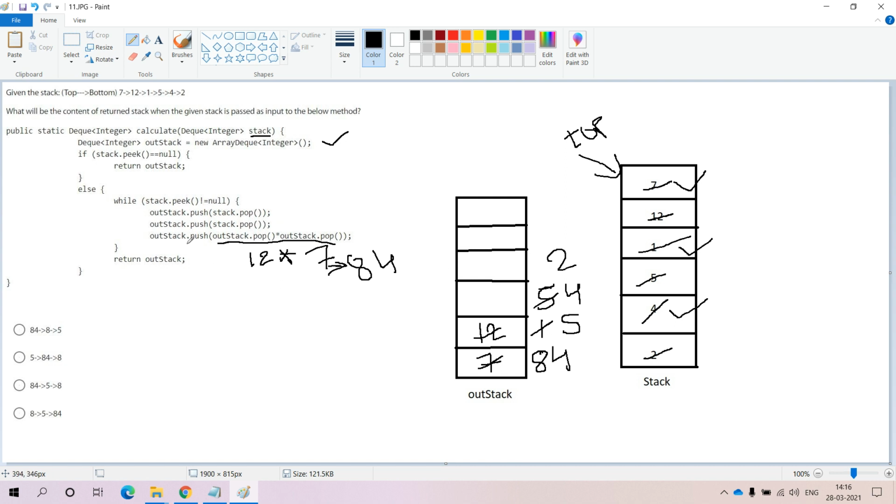Now within the output stack, we are popping the topmost elements 2 and 4. We are multiplying them, 2 4s are 8. The updated value that we are going to get is 8. That will be pushed into the stack, so that 8 is available in the output stack.